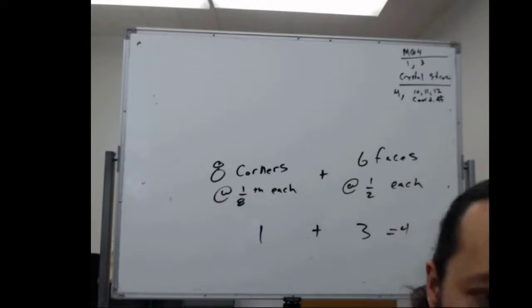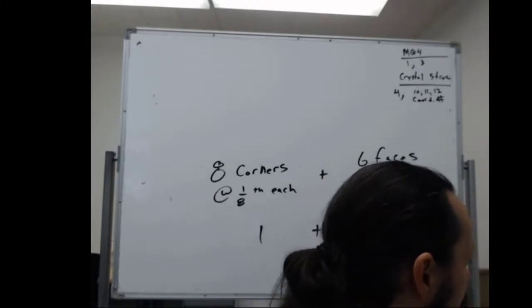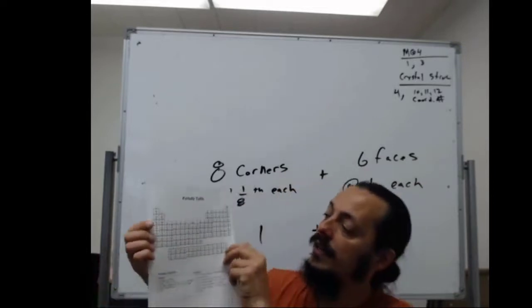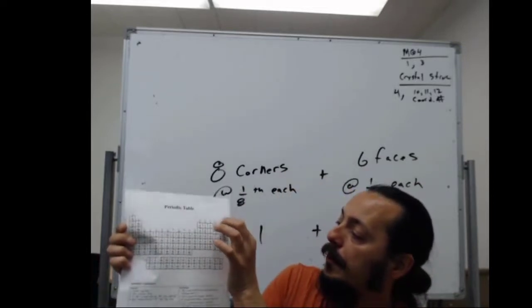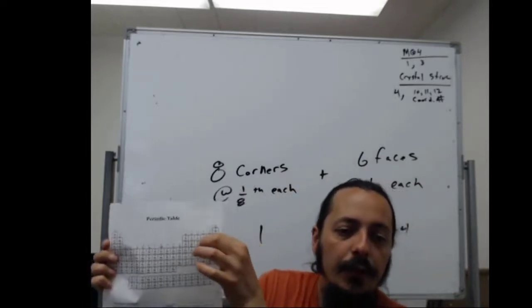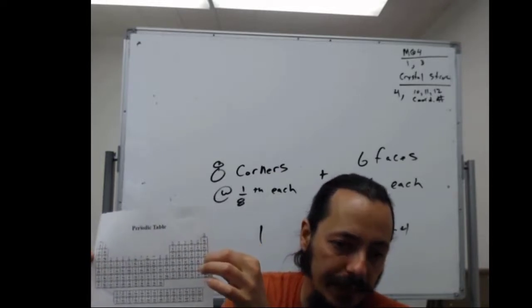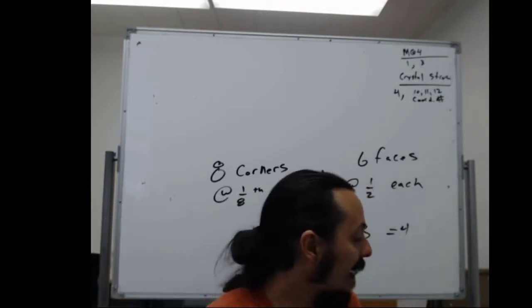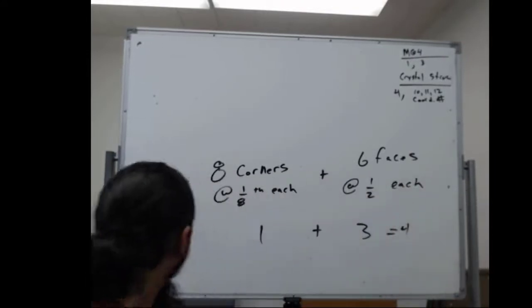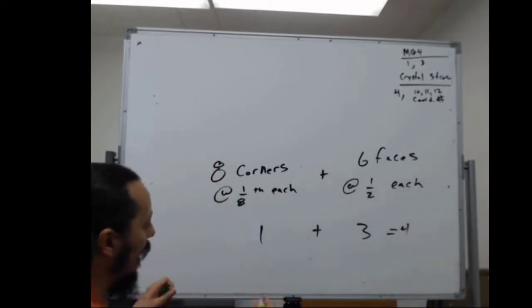Same thing is true for the opposite side. If we looked at things like fluorine, chlorine, bromine, iodine, those just need one more electron to get to their closed shell, to get to something that looks like a noble gas. So those form -1 charges. So when we look at sodium chloride,